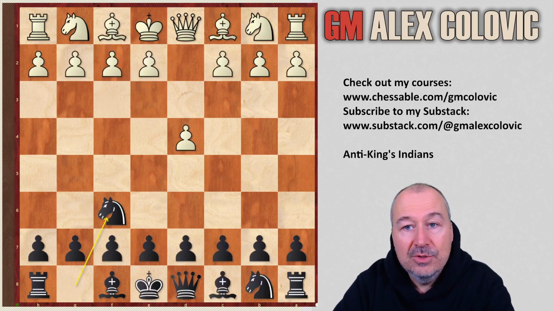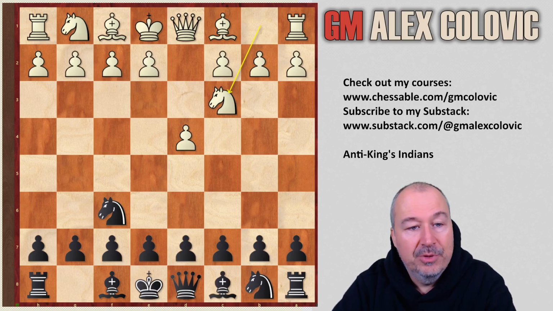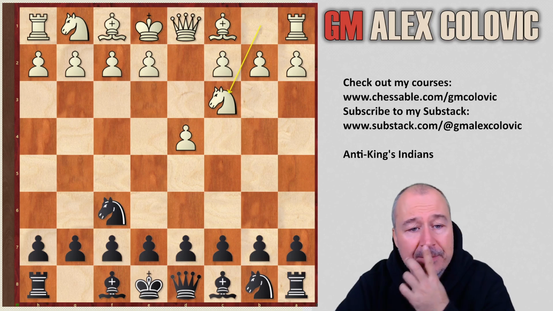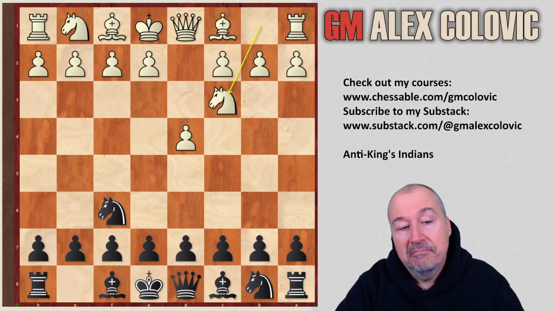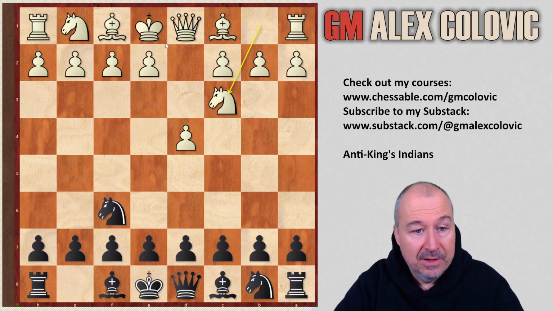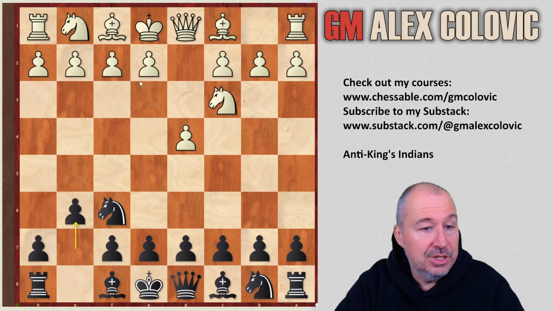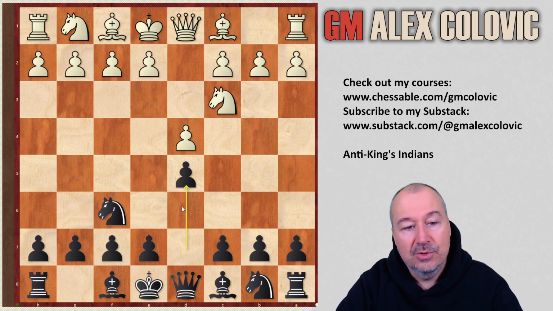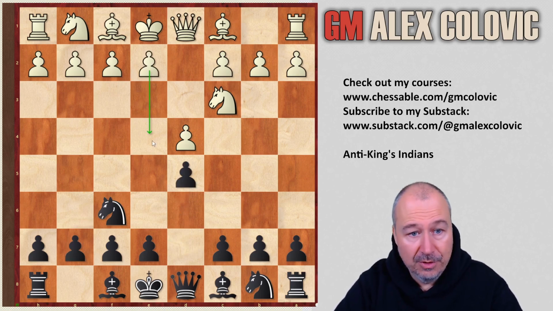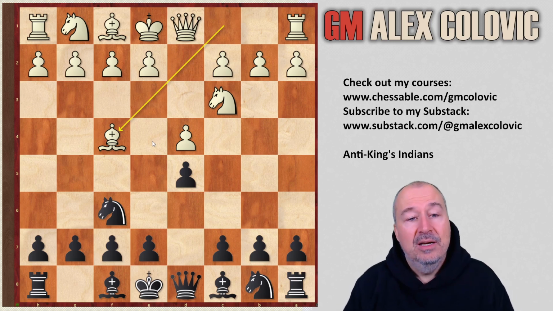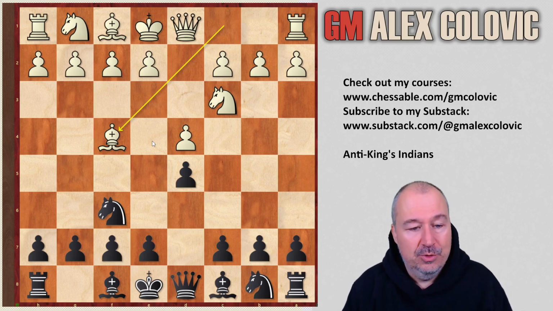Now let's go back to the very popular Jobava knight c3 system. Now, unless you play the Pirc, and I'm not sure how many King's Indian players play the Pirc, you can go g6, e4, d6 and just allow it. But I would assume that you don't play it, so d5 is the only way to stop e4. And now bishop f4. And here, for example, Black is not forced to go for g6, and in fact, in